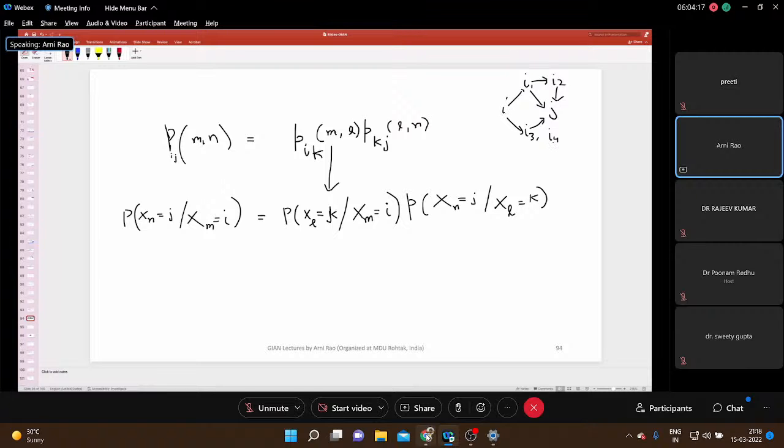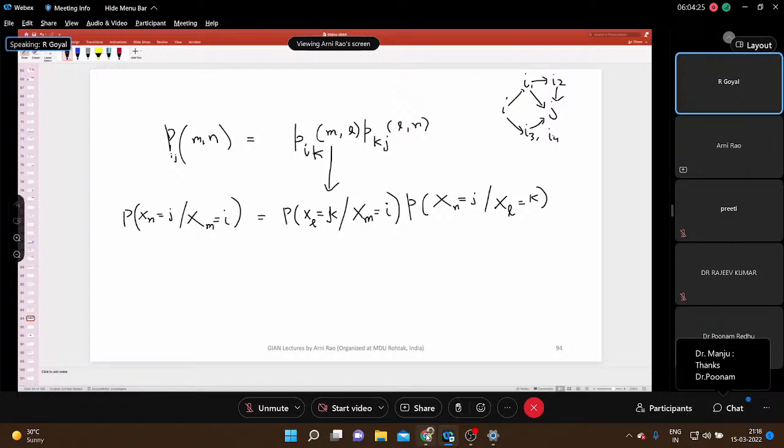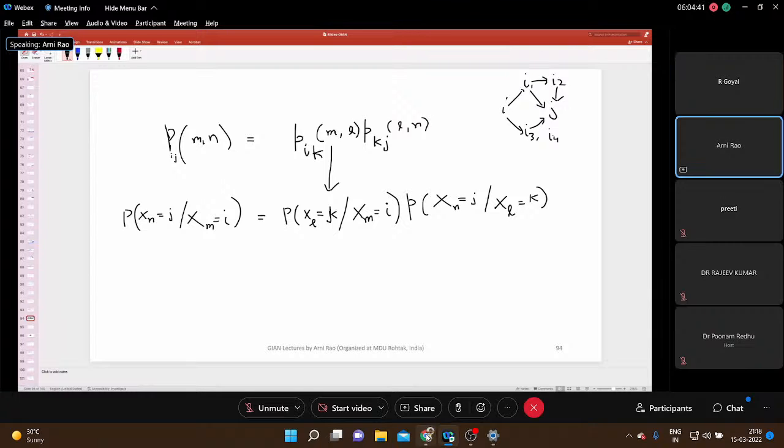But sir, so K is... yes, please. Sorry to interrupt you, sir, but don't you think that this calculation is computationally very inefficient, considering the huge size of the state space, unless we compute this entire thing in the bottom-up manner? No, it is not, because this is exact.